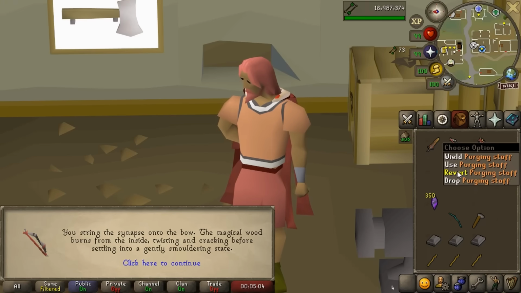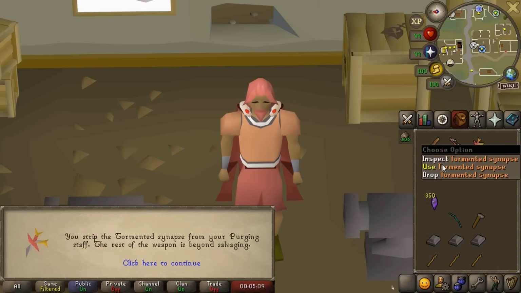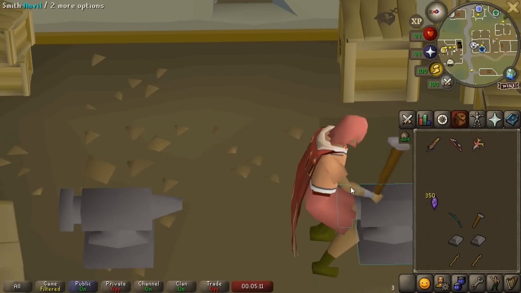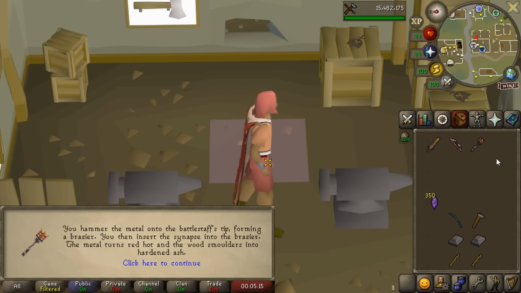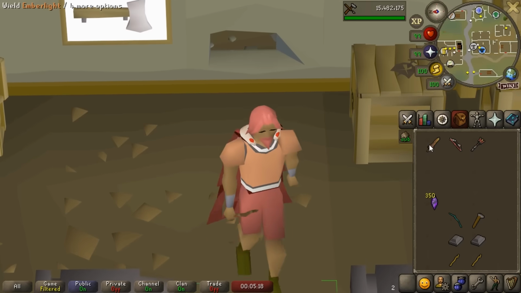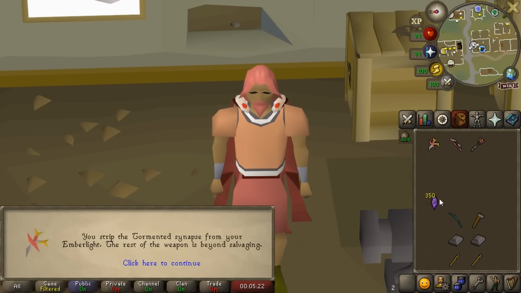This means you can freely switch between the staff and the bow without really worrying about anything. The one thing I would still recommend is getting 2 synapses so you can have the Emberlight and a bow/staff. Because the Emberlight, if you revert it, you don't get these shards back. So you lose...